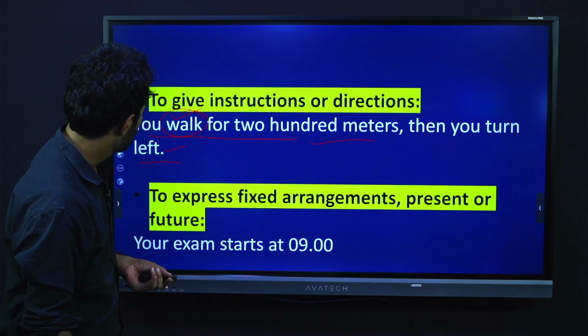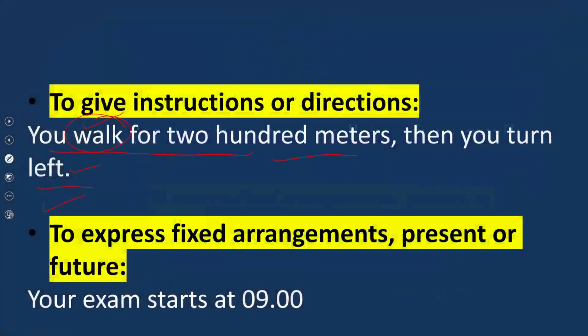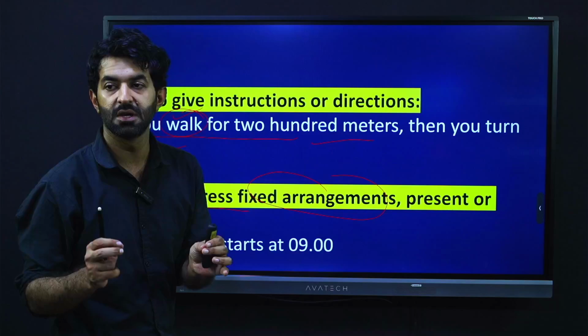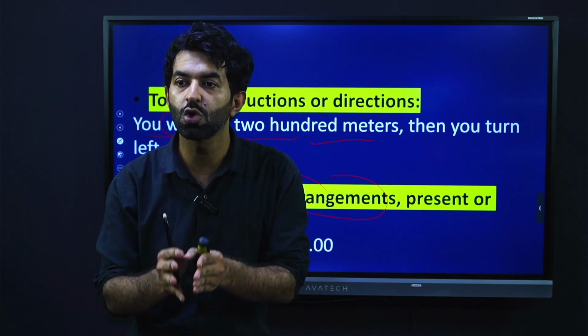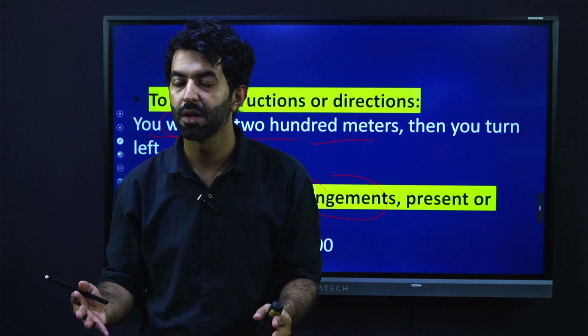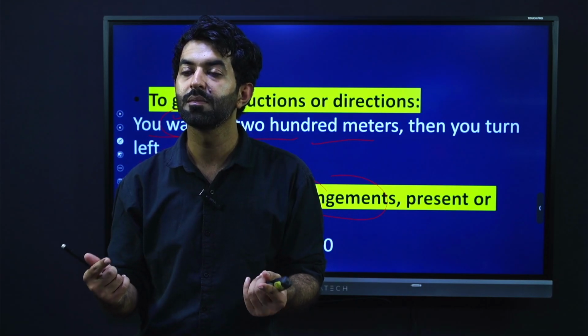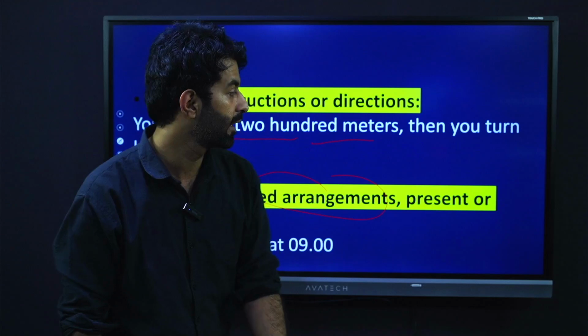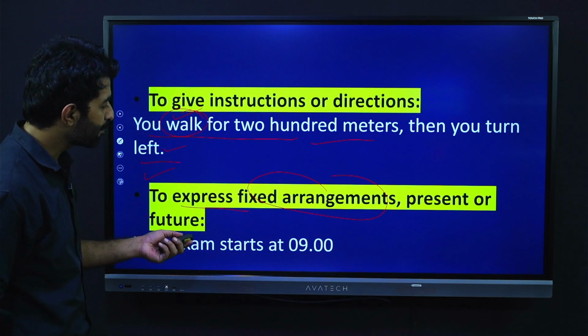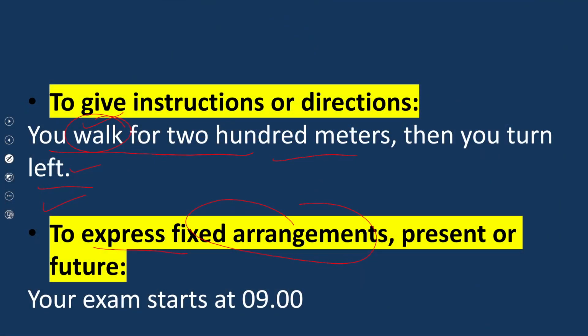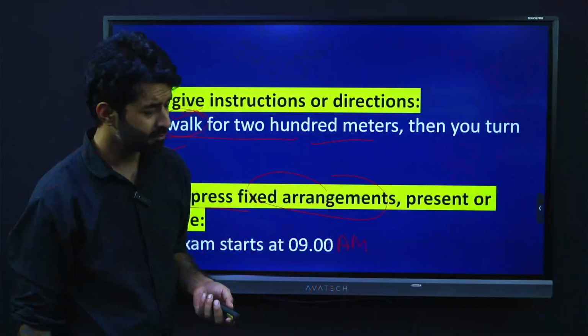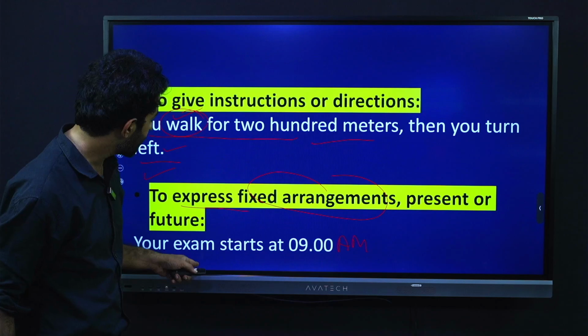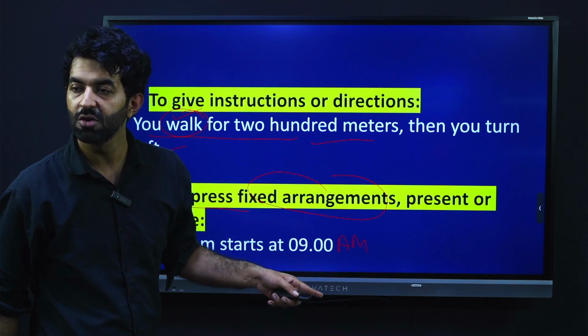So we also use the present simple to express fixed arrangements. जो arrangements, जो चीजें या शेड्यूल फिक्स हो चुका है, जैसे कल आपका पेपर है, उसको बताने के लिए भी हम प्रेजेंट सिंपल का इस्तेमाल कर सकते हैं. फ्यूचर का इस्तेमाल करना जरूरी नहीं है. कैसे? For example, your exam starts at 9 a.m. tomorrow. Okay, so you can say, instead of saying your exam will start at 9, you can say your exam